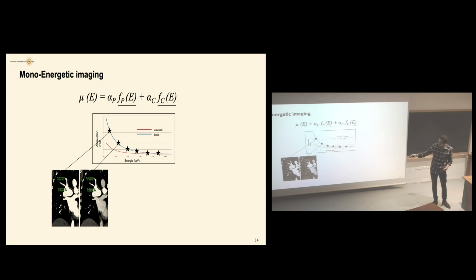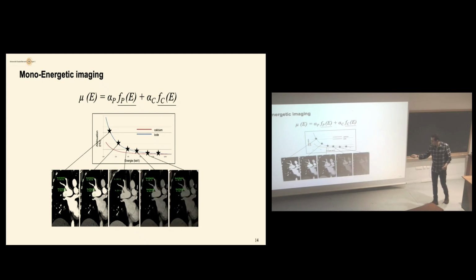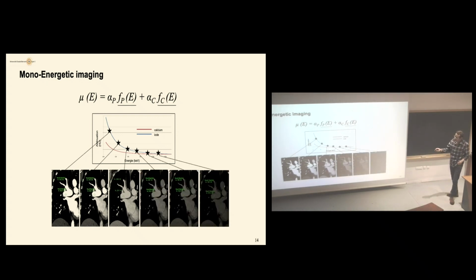You are boosting here the attenuation of a compound, which here is blood plus iodine. And while increasing the energy, you are decreasing the attenuation of this compound. Clearly, you are simulating an attenuation with a more predominant photoelectric effect than what you could do with conventional CTs. Because what I did not say is that when you use conventional CT with polychromatic X-rays from 40 to 120 keV, you end up with an image that is an attenuation around the average beam energy, around 70 keV.